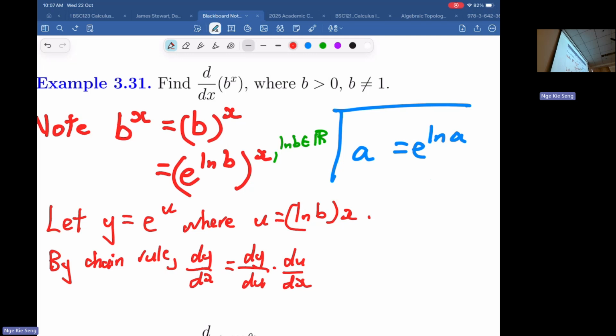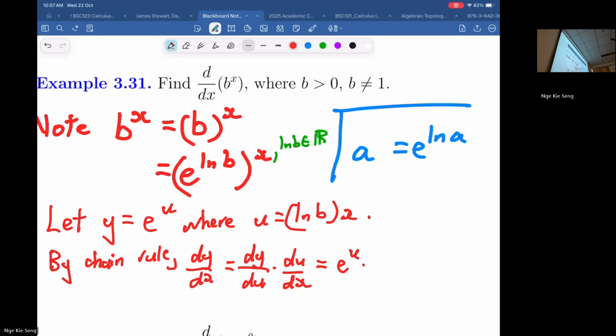So how do we remember this? Although it's not a fraction, it almost looks like a fraction, where it seems like you cancel. This is how you remember it, but the principle is not cancellation or simplification. So we know how to differentiate e to the u with respect to u. It's just e to the u again. How about du/dx? What do you get when you differentiate a linear function?